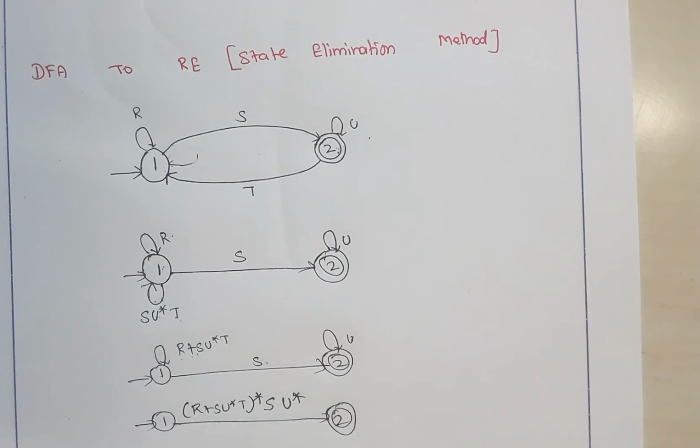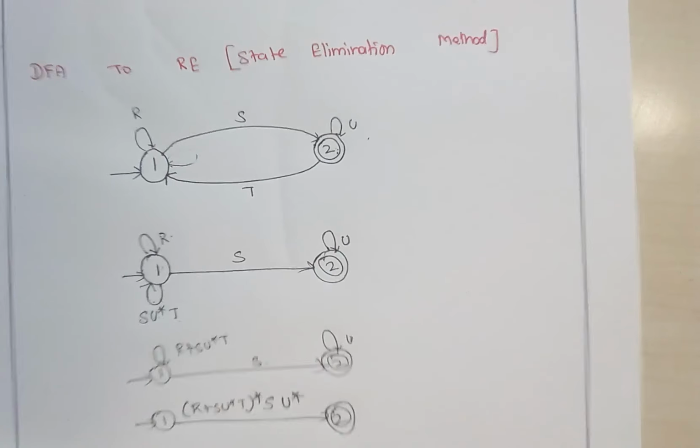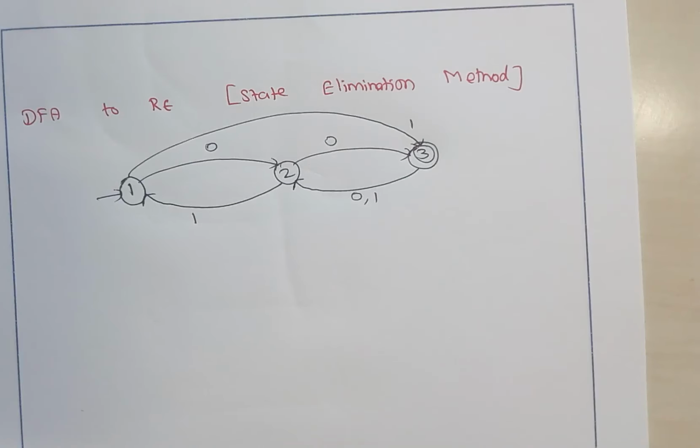So whenever you have a looping condition, we have to reduce the looping condition like this. Okay, now we'll see an example of this format. Consider this example. Here 1 is the starting state, and we have 2 as an intermediate state, and state 3 is the final state. From each and every state, on each and every input symbol we have a transition. We exactly have one transition. So we call this a DFA.